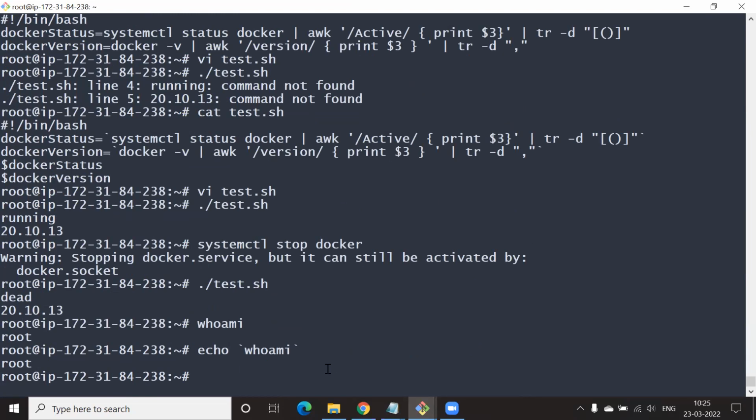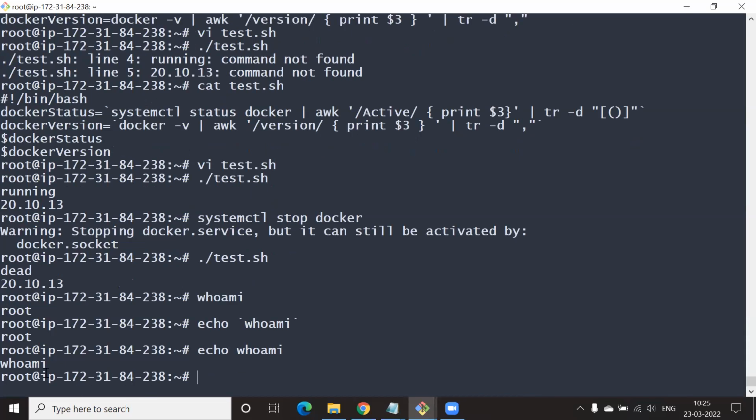So just do an echo whoami without the ticks. Cool. What is the difference? Yeah, it is not taking this as a command if you don't pass this tick. Good answer. Now say echo dollar whoami?